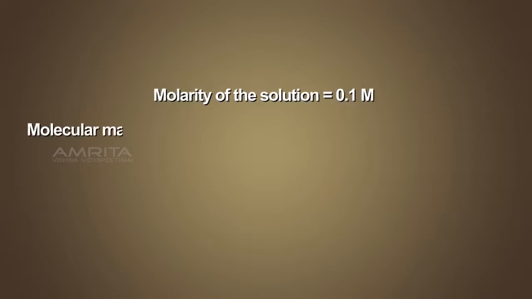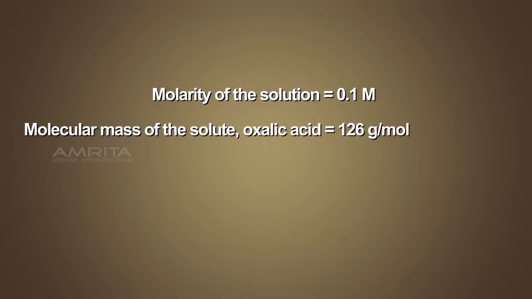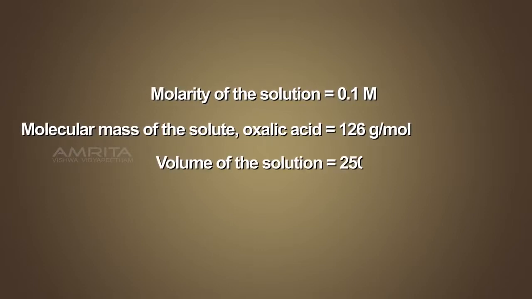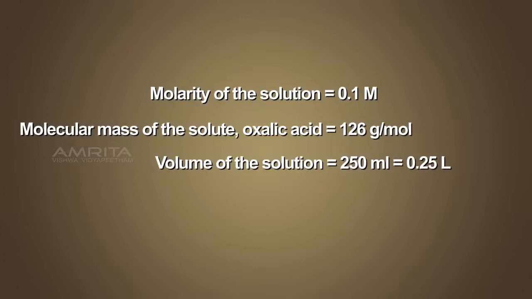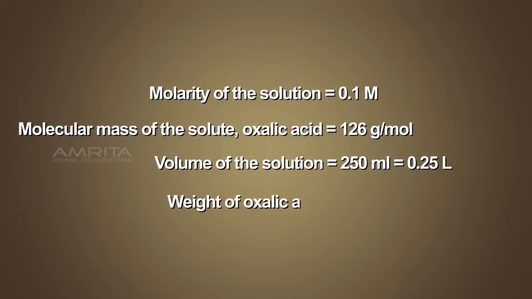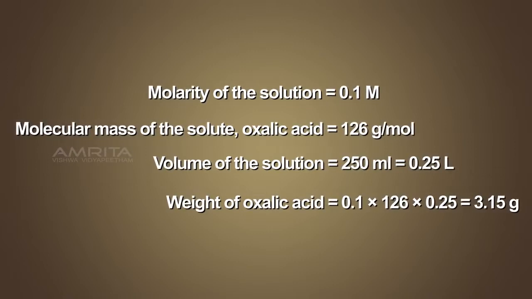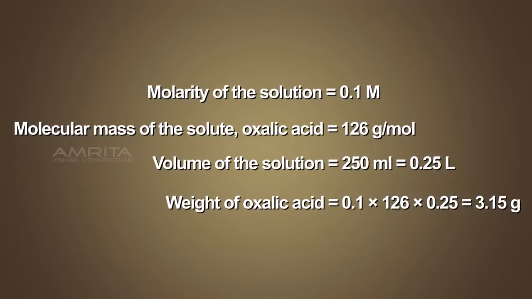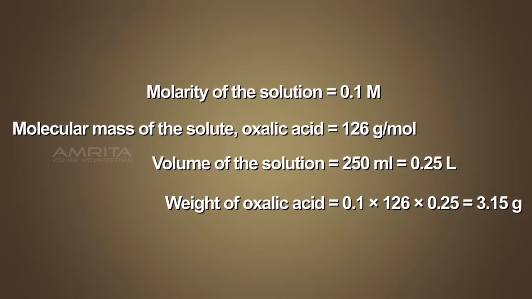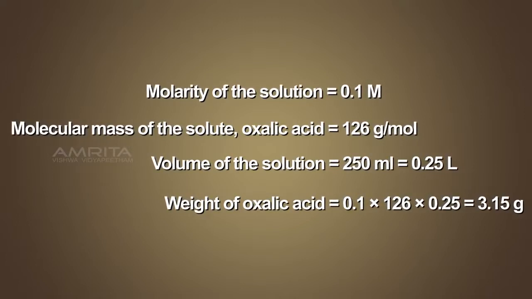Here, molarity of the solution is 0.1 molar. Molecular mass of the solute oxalic acid is 126 grams per mole. Volume of the solution is equal to 250 ml, that is equal to 0.25 liters. Therefore, the weight of oxalic acid required is equal to 0.1 into 126 into 0.25, that is equal to 3.15